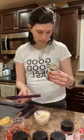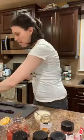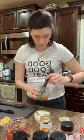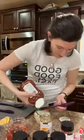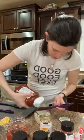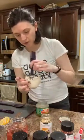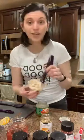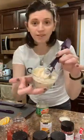Okay, and then I just have to add ketchup and relish. I don't really measure normally, I just mix it up. It's like a foolproof recipe normally. I just go by color and it always tastes good. But if you want to know exactly how to prepare it, you can follow the recipe on the side of the bottle. Okay, so this is my sauce. So that will be for my